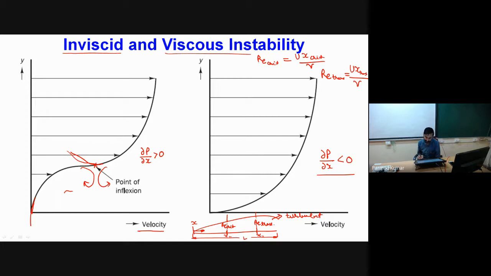These perturbations now move with the flow. This band of Reynolds numbers is obtained from the linear stability analysis, and it is found that in this region we have viscous instability. It means if any perturbation is present in the flow, it will amplify